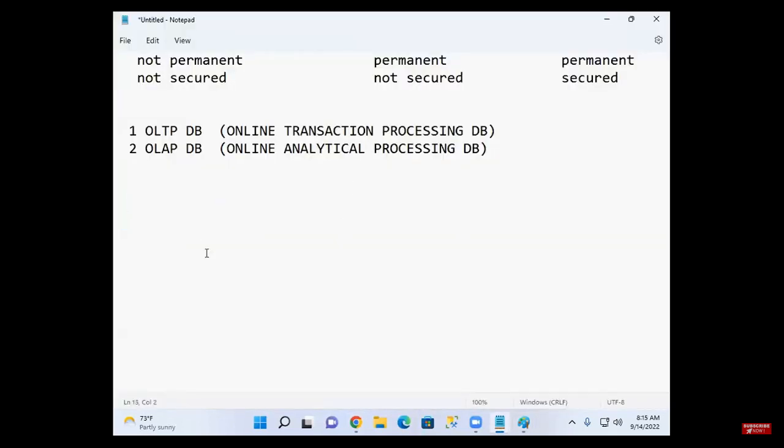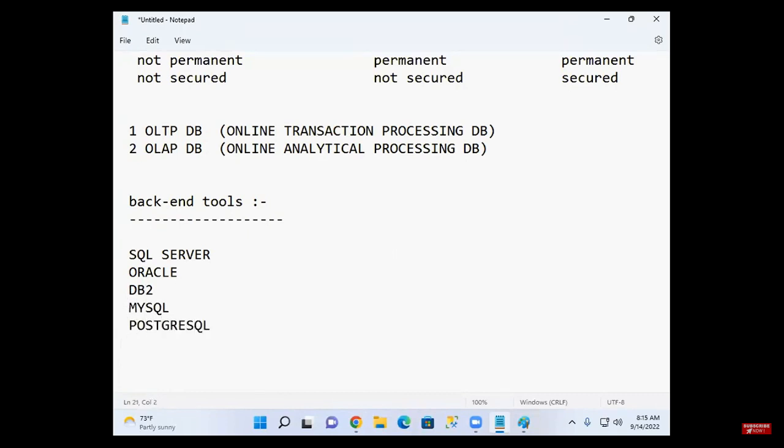Are any other backend tools there? What are the various other backend tools? SQL Server is one. Next, Oracle is one. Next, DB2 is one. Next, MySQL is one. Next, PostgreSQL is one.